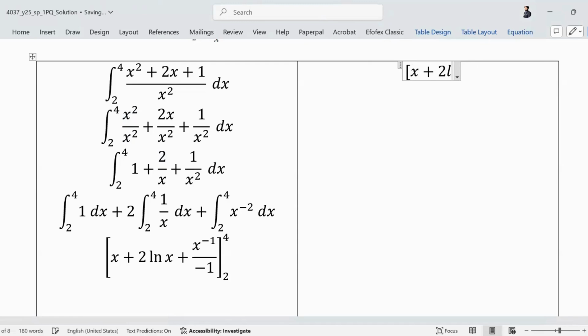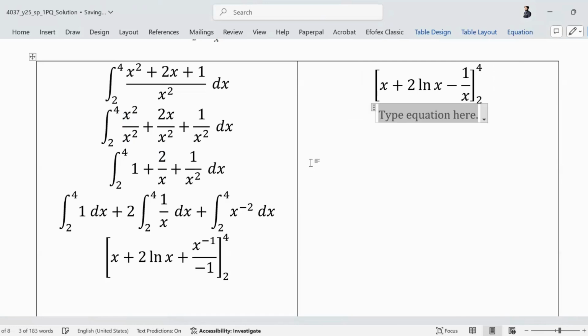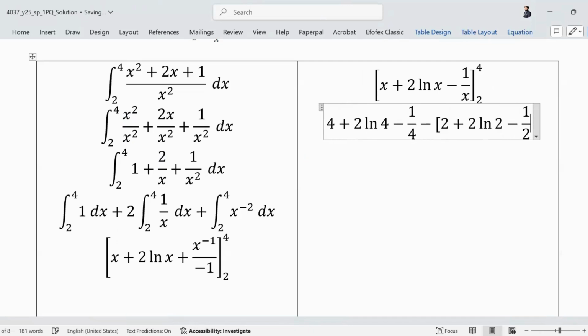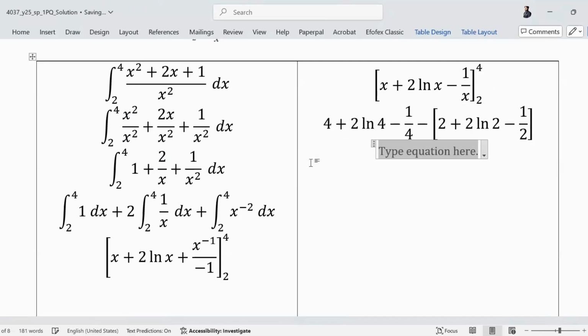X plus 2 ln x minus 1 upon x, and the upper limit is 4 and the lower limit is 2. So now when I plug in the values, what do I get? 4 plus 2 ln 4 minus 1 upon 4, minus 2 plus 2 ln 2 minus 1 upon 2. So if I simplify this, 4 plus ln 16, how did I get that? 4 squared, minus 1 over 4 minus 2 minus